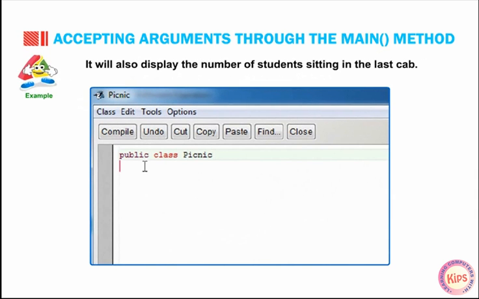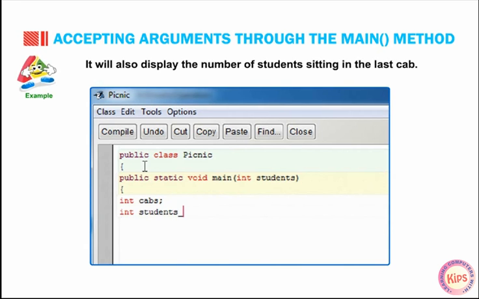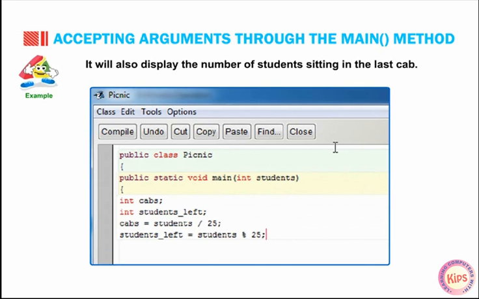public class picnic { public static void main(int students) { int cap; int students_left; cap = students / 25; students_left = students % 25;